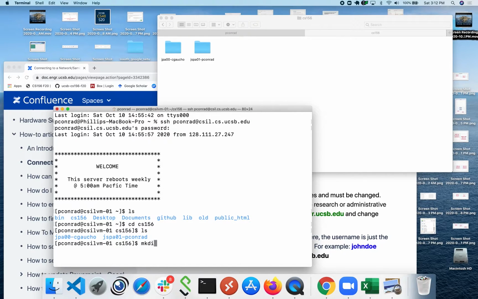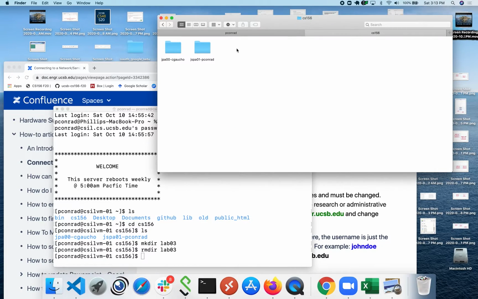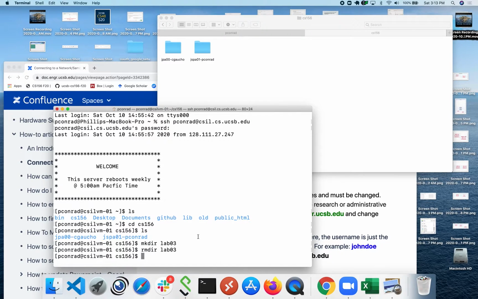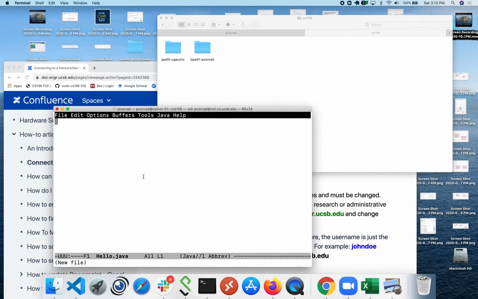If I were to make another directory, let's say mkdir labo3, you see that labo3 appears right there. And if I were to come down here and do rmdir labo3, you can see that after a moment, labo3 disappears. If I were to come down here and say emacs hello.java,